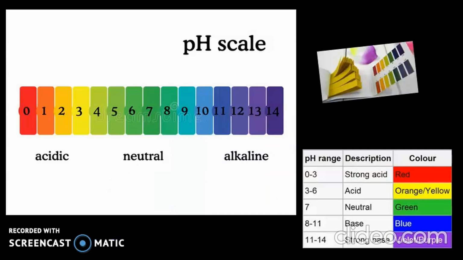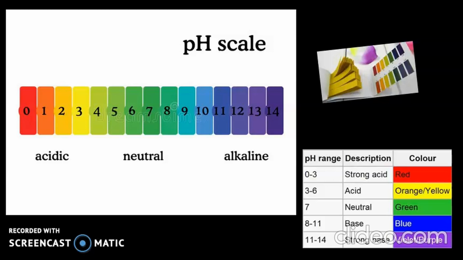pH. Acids may be strong or weak. Similarly, bases may be strong or weak. Therefore, pH paper is used to test how acidic or basic a solution is. It consists of a mixture of dyes. When it is dipped into different acids and bases, it gives a wide range of colors. Each color is given a number on the pH scale, ranging from 0 to 14.